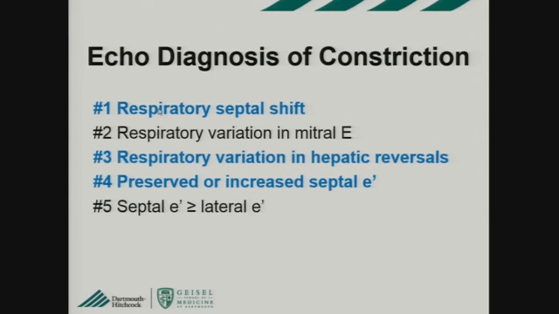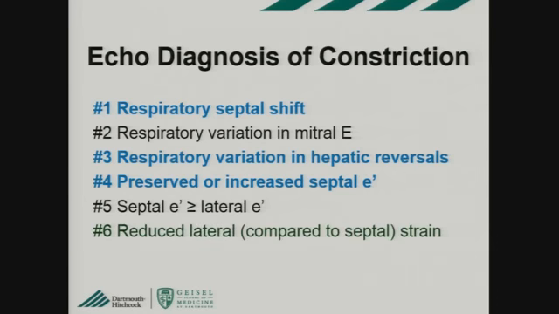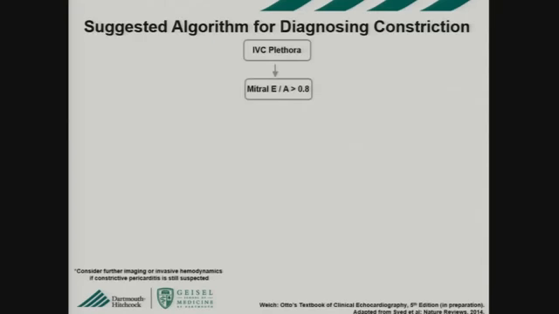And if you see a septal shift and then either respiratory variation in hepatic veins or preserved or increased septal E prime, that seemed to yield the optimal combination of sensitivity and specificity, close to 90% for both. We did not routinely perform strain at the time of the study, so I don't know how that fits into it yet. Finishing up here, I didn't talk about the inferior vena cava or the mitral E to A, but